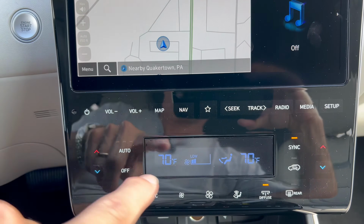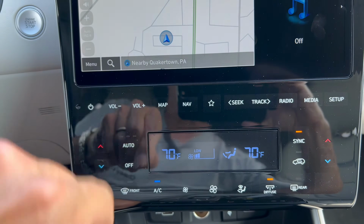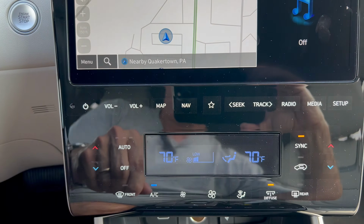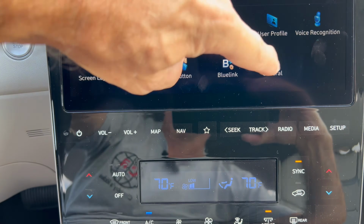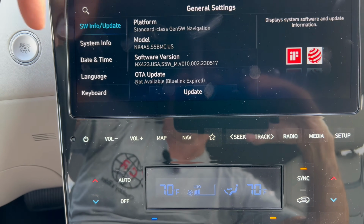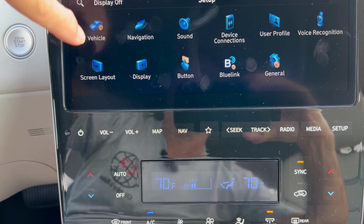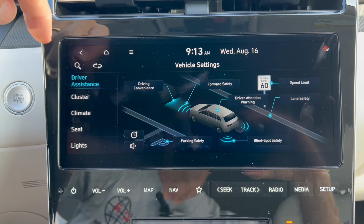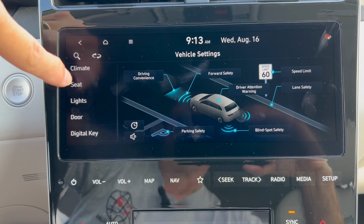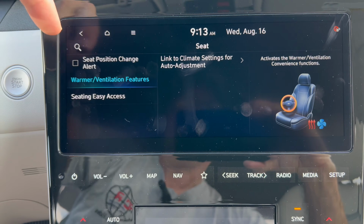Down below here, we have dual climate, and we have our hard controls for the screen if you don't want to use the touch screen. So we can go to setup, and now we can go to our general settings. We can get the info, date and time, language, all that good stuff. We can go to our vehicle settings. And now we can go to our climate. We can go to our seat. We can adjust that. We can sync our seat